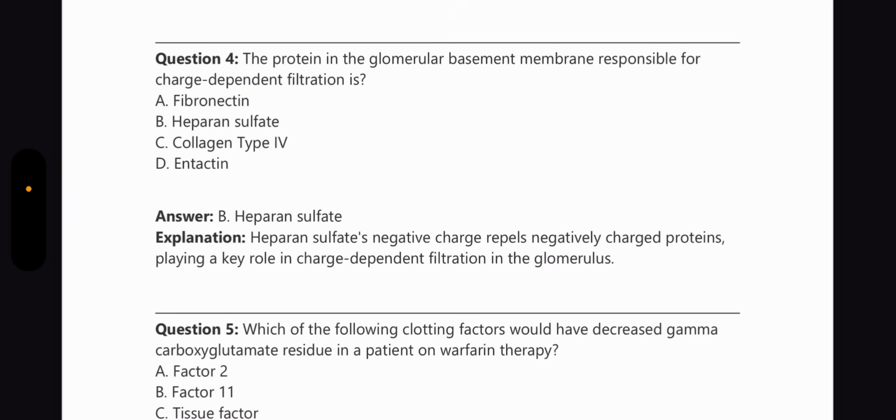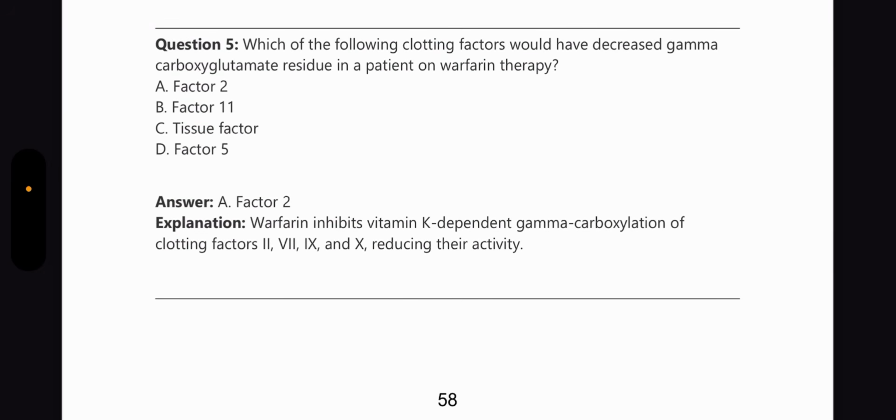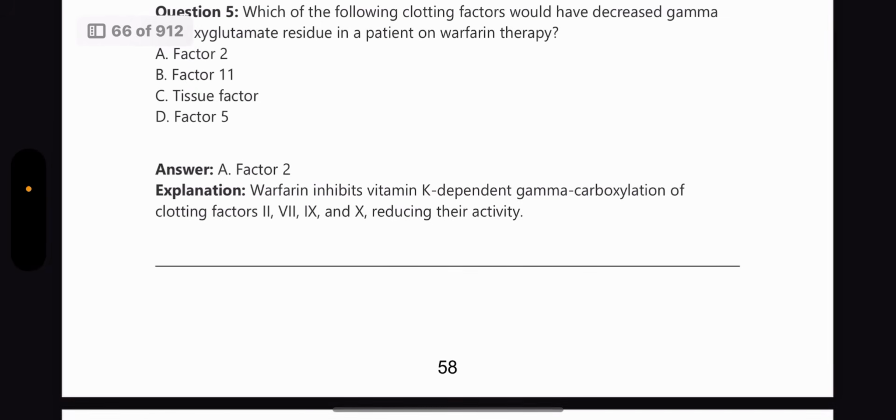Heparan sulfate's negative charge repels the negatively charged proteins, playing a key role in charge-dependent filtration in the glomerulus. Which of the following clotting factors would have decreased gamma carboxyglutamate residue in a patient on warfarin therapy? Again, vitamin K and its pathway is very important, and the factors dependent on vitamin K. So here, factor 2. Warfarin inhibits vitamin K dependent gamma carboxylation of clotting factors 2, 7, 9 and 10, reducing